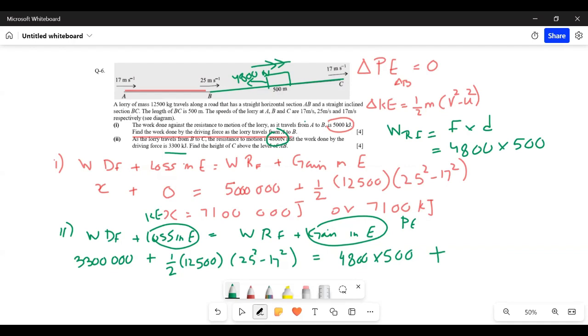gain in kinetic sorry potential energy का gain है, let me write that over there। तो जो चेंज इन पोटेंशियल एनर्जी होता है वो होता है mgh2 where h2 is the bigger height minus mgh1 where h1 is the smaller height। और ये हाइट्स जो होती हैं ये परपेंडिकुलर हाइट्स होती हैं। So I'm going to take mg common, so वो हो गया h2 which is the bigger of the two height and minus h1।